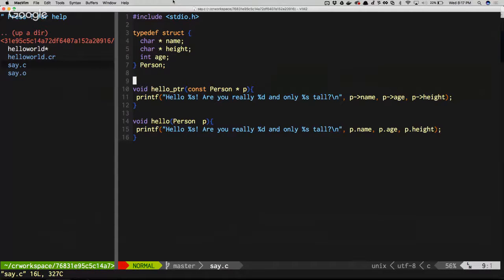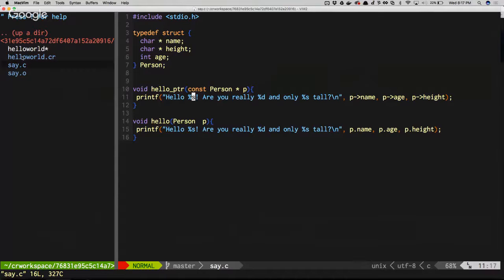There are these two methods that take this concept of a person, which I've defined as a struct, and print to the screen hello, name, age, height. Are you really this old and only this tall? And then I wrote the same one as not a pointer.